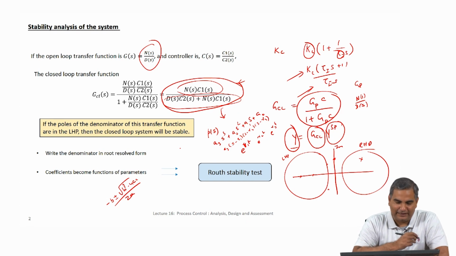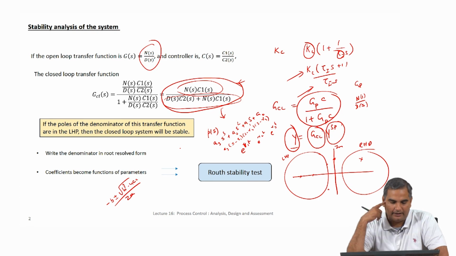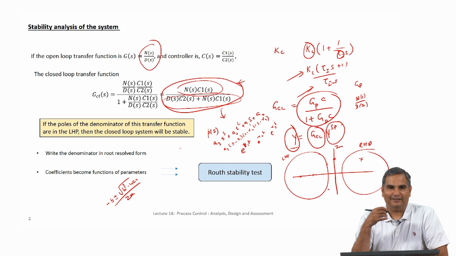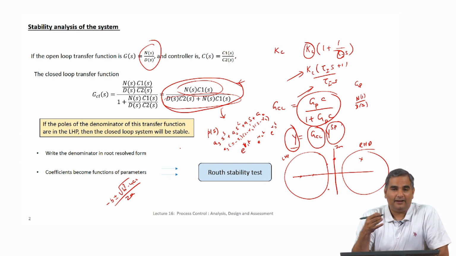So, that brings a very interesting question where I have a polynomial and I have the coefficients being functions of k_c, tau_I, tau_d, and if the order is large enough I cannot get analytical expressions for the roots. But I want to answer this question where I ask what values of these constants will still keep the poles in the left half plane. So, conceptually it is an interesting thing to think about, right. What we are saying is, can I guarantee that the poles will be strictly in the left half plane without actually calculating the poles?